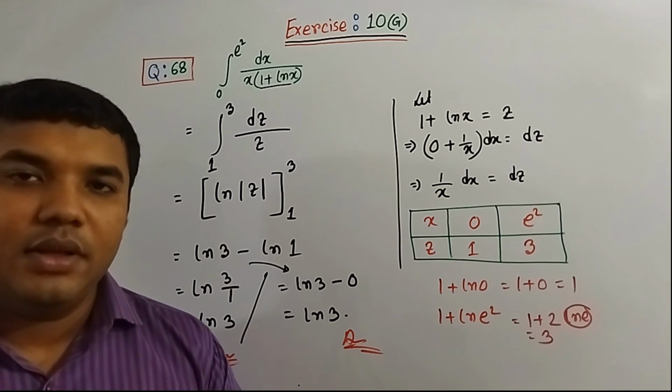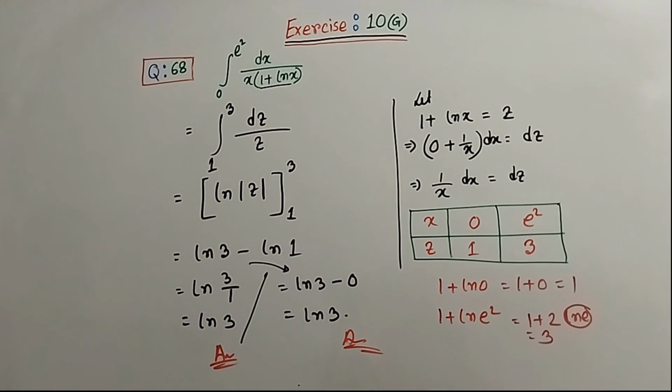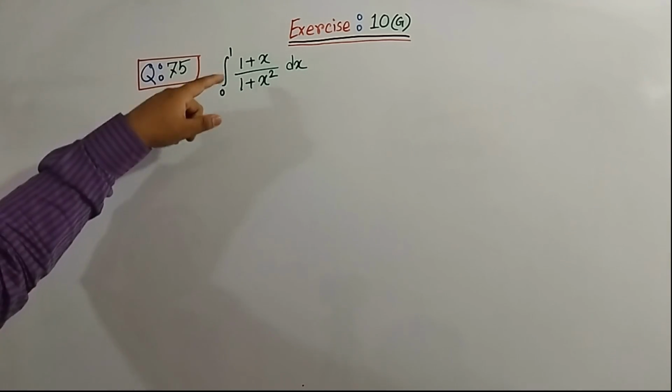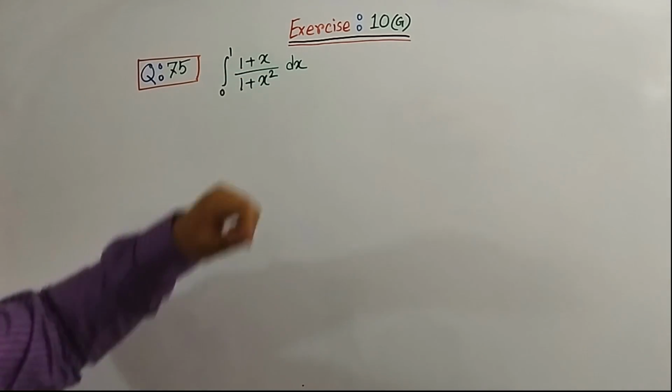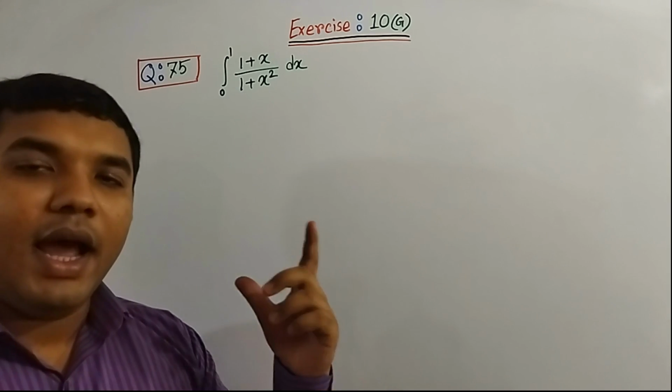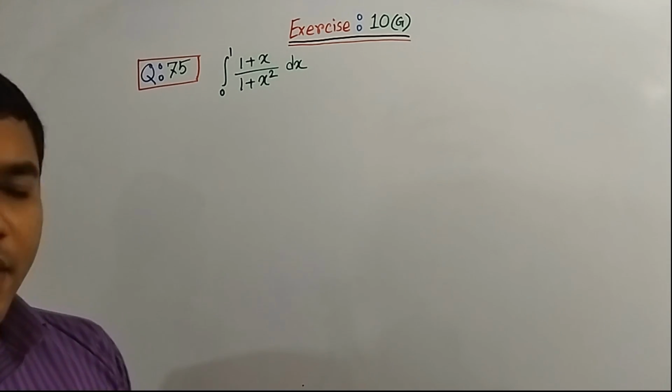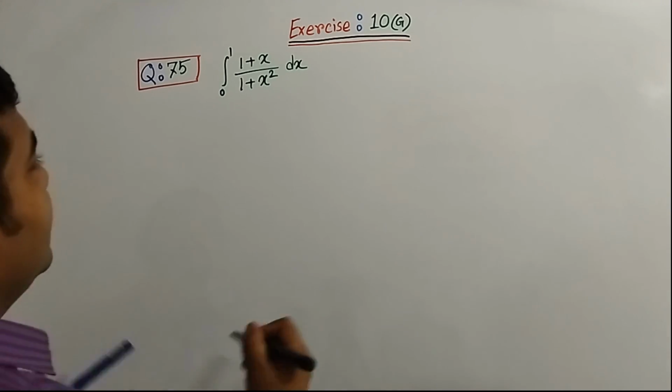Clear? Now my dear students, we are going for the next math of today's lecture. It is question number 75, and here is given the integral from 0 to 1 of (1 plus x) over (1 plus x square) dx. That is the question, and we need to solve it. How can we solve this type of problem, my dear students? Exactly, this can be solved by